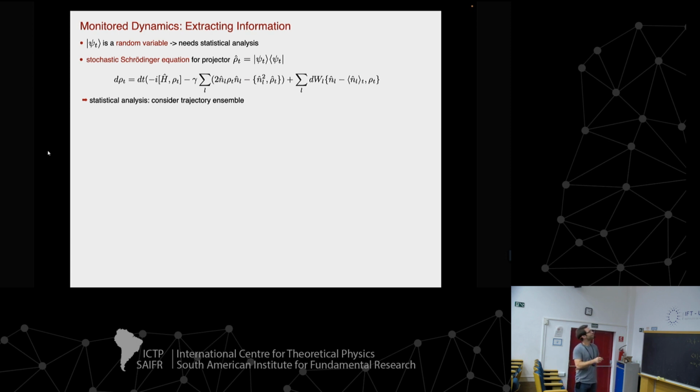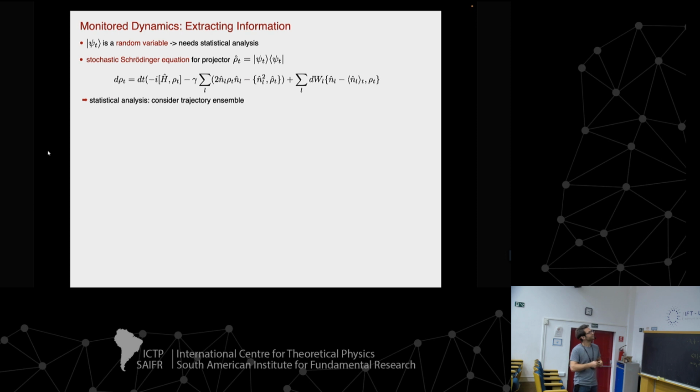The problem is that psi of t, as we just elaborated, we formulate the problem in terms of an explicit noise element that is really a random variable. So from a random variable, you never get information from a single shot. You have to find a way to build statistics from that. And I will now tell you what does not work, and then how it can work. So the problem can be identified, narrowed down in the following way.